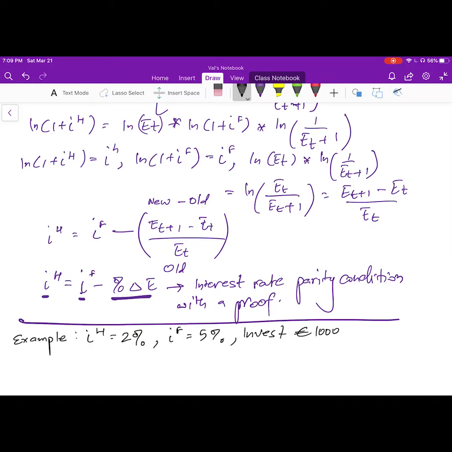Well, that's the second option. Of course, the first option is to invest 1,000 euros at 2% at home. Investing 1,000 euros in the US at 5% is the second option, and the exchange rate is